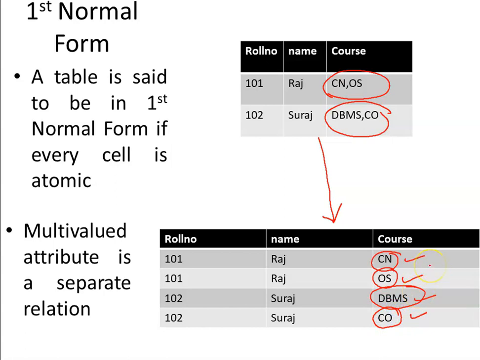Now when you design your tables, if your ER diagram is proper, then your relational model will be proper. And if your relational model is proper, then when you get your tables, the tables will automatically be in the first normal form. If you remember, we took care of the multi-valued attributes. If there were multi-valued attributes, we did not put all the multi-valued attributes in one particular cell. What we did was we designed a new table to take care of the multi-valued attributes. So I again repeat, if your ER is proper, then your relational model also will be proper. So by default, you will get your tables in the first normal form.